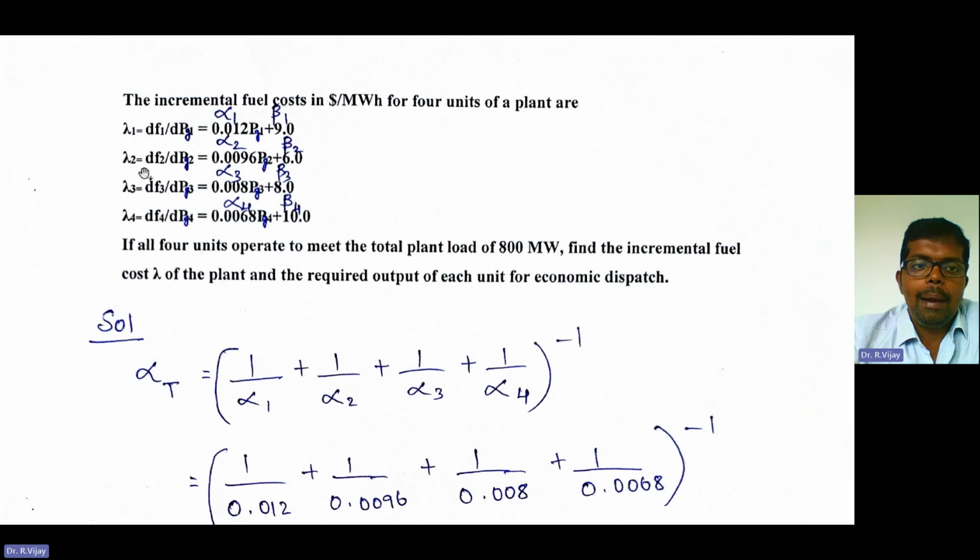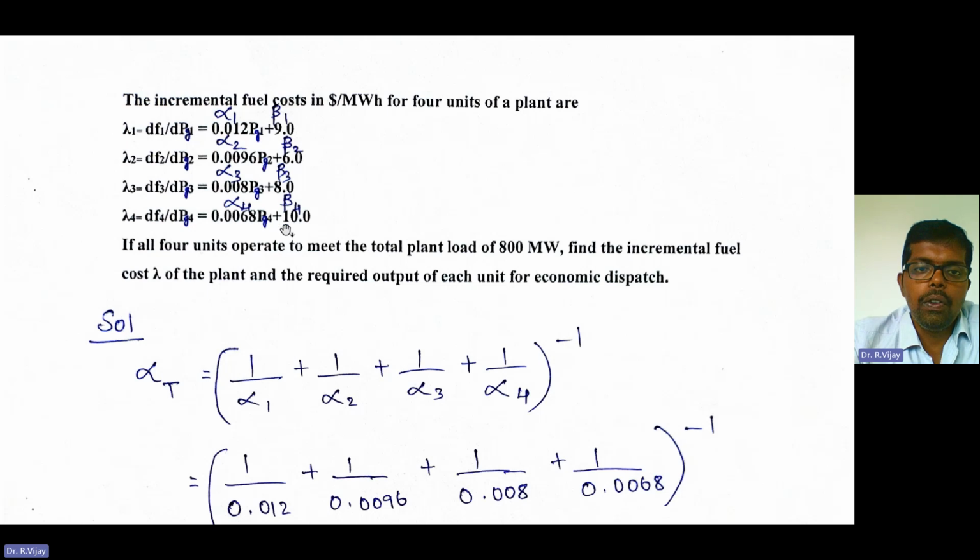Next, lambda 2 is equal to df2 divided by dpg2 is equal to 0.0096 pg2 plus 6.0. Next, lambda 3 is equal to df3 divided by dpg3 is equal to 0.008 pg3 plus 8.0. Next, lambda 4 is equal to df4 divided by dpg4 is equal to